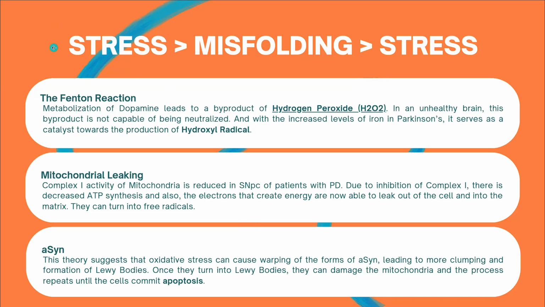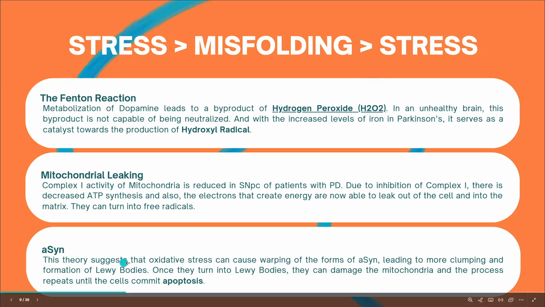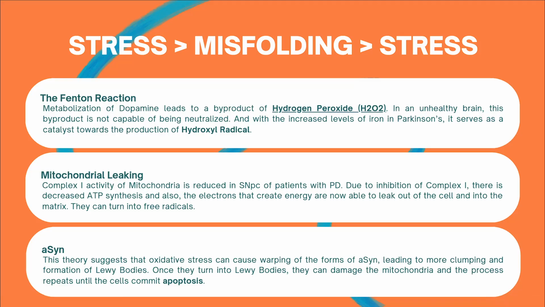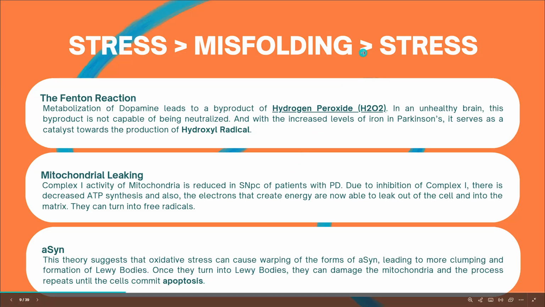So oxidative stress leads to warping of the shape of the alpha synuclein. The warping of the alpha synuclein leads to production of Lewy bodies. The production of Lewy bodies can harm neurotransmitters and signal transmission, leading to more stress, and more stress could lead to oxidative stress, until it reaches apoptosis, which is